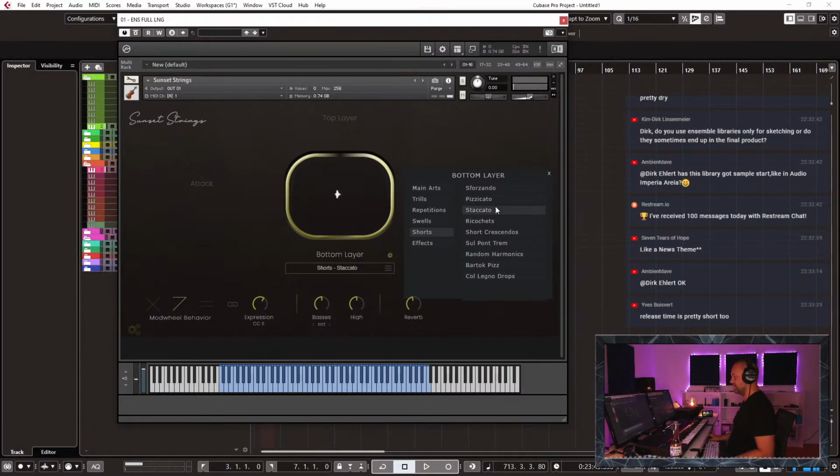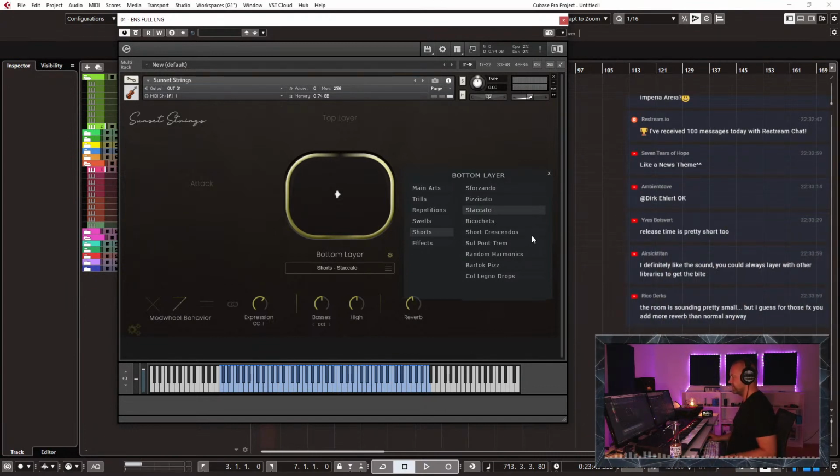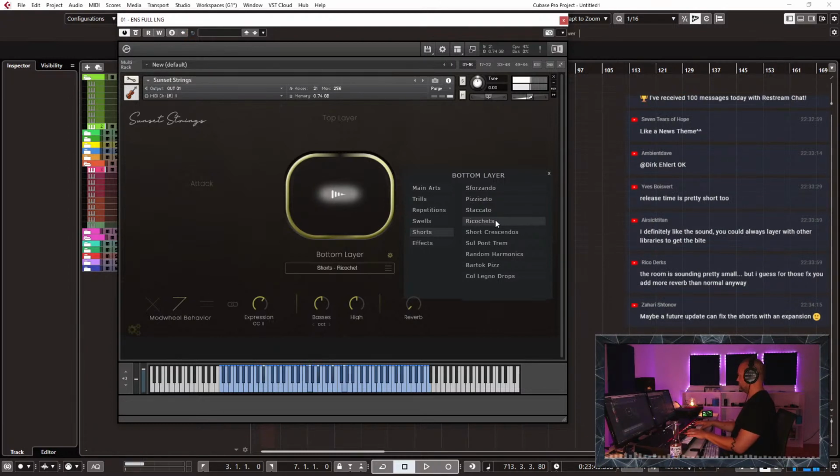So that staccato sounds great, but there just is no spiccato. It is what it is. But we have ricochets. This is great. Nobody has that in that. Well, I mean, there are other libraries that have ricochet, but